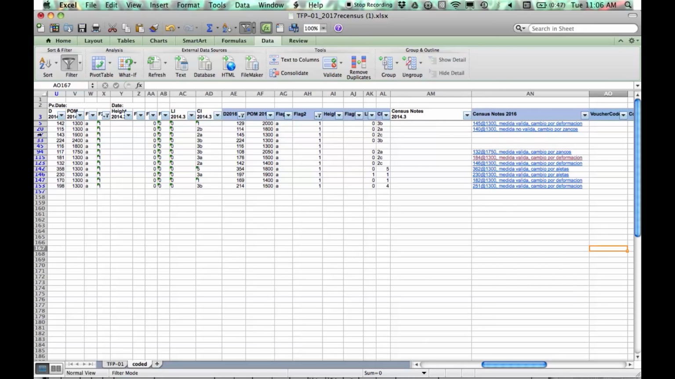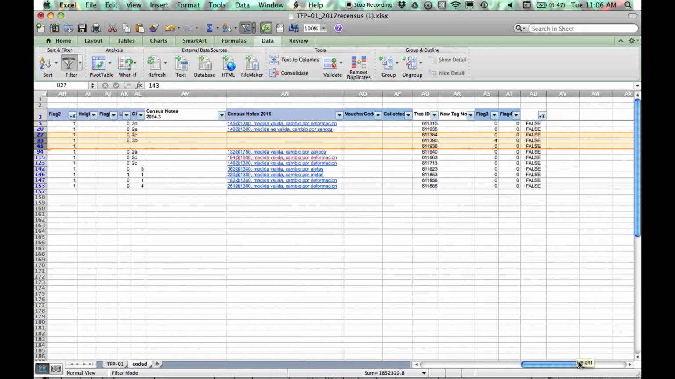But the other three, we would need to check the original field sheets for. I think it's more likely a data entry error. So we'll check those afterwards, but for the other trees,